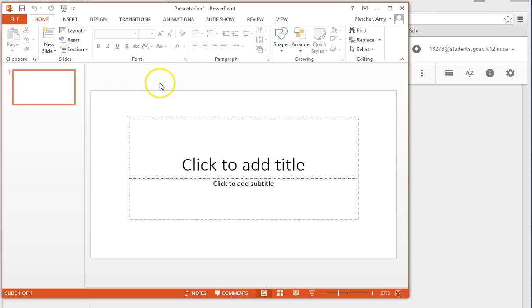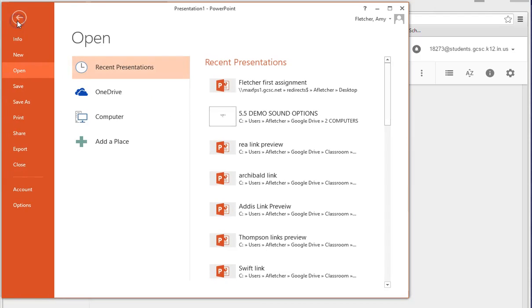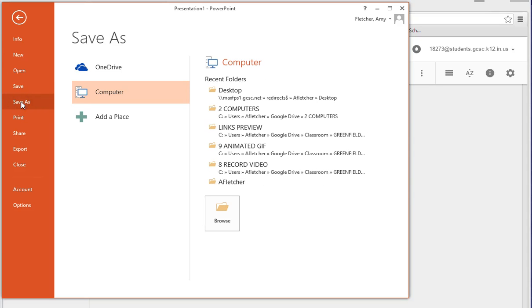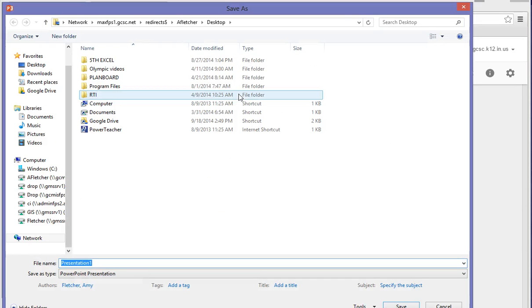Okay, so how you save your file on the desktop, briefly: click on File, and click on Save As if it's the first time you're doing this. So click on Save As. Now you've got your choices here. Obviously we're just going to click on Computer, and then here is where on your computer do you want to put it. Well, we're going to put it on our desktop, even though I've tried to make this very obvious that it's not secure. Then we get a suggestion that we name it Presentation 1, and that's a terrible name